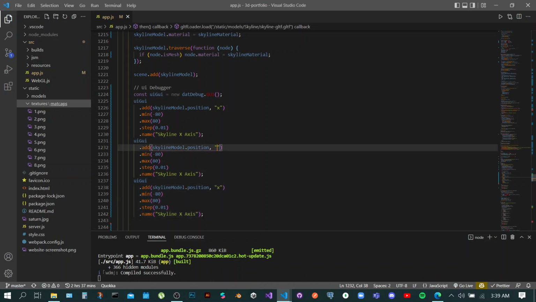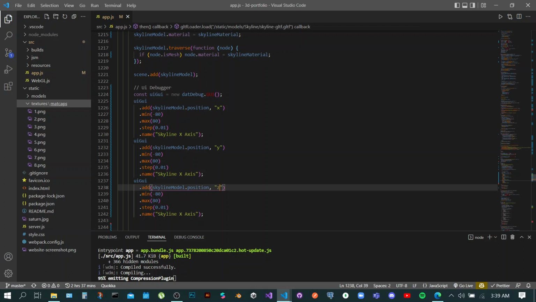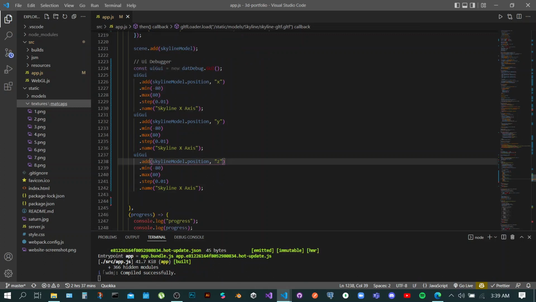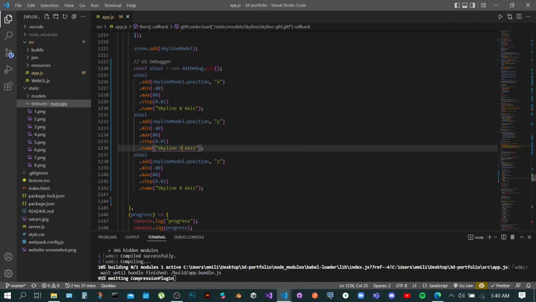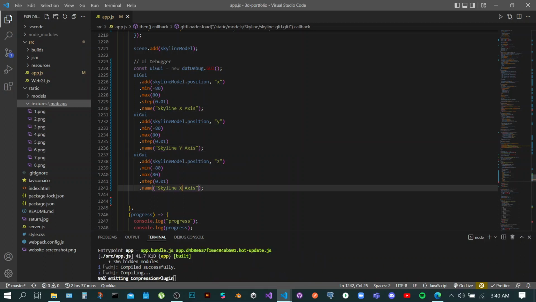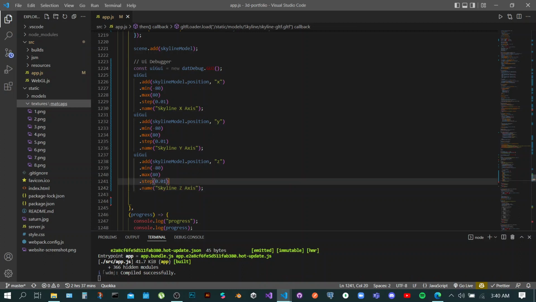Let's call it Y, let's call it Z. Okay, let's change the description. Skyline Y axis and Skyline Z axis. Okay,